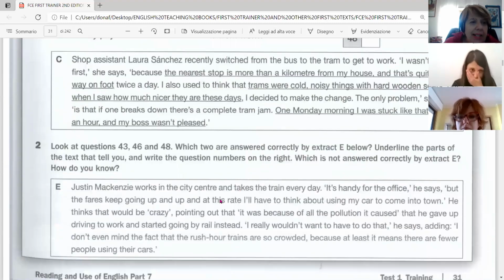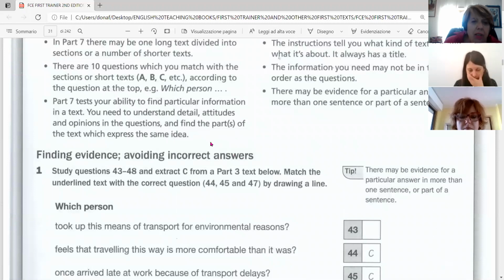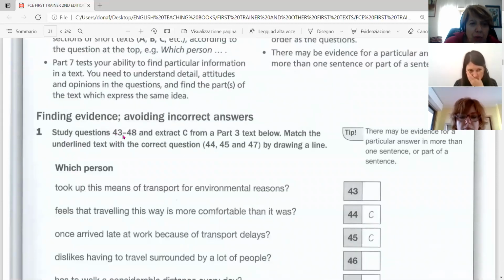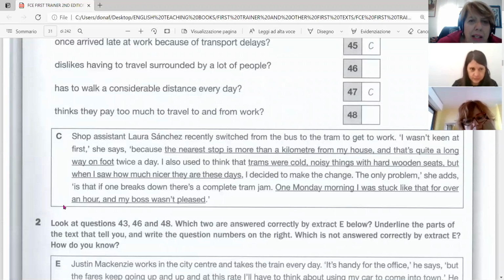We have this, for example, avoid incorrect answer. Now, let's study question 43 and 48 and extract C from part 3 text below. Match the underlined text with the correct questions by drawing a line. So it seems complicated, but it's not. Okay, just read C, the extract C,